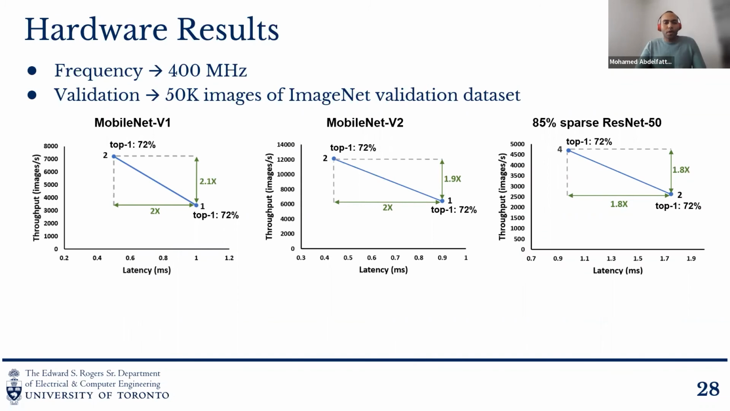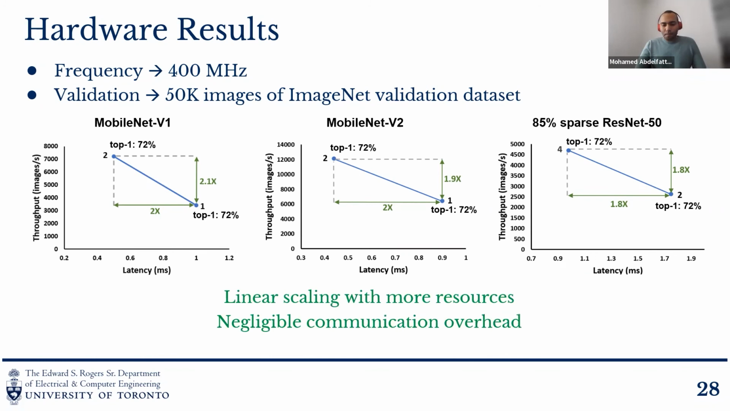So for MobileNet V1, we showed that we achieve double the performance when moving from single to double FPGAs without losing any accuracy. And the same for MobileNet V2. And for ResNet 50, we achieve 1.8x higher performance when moving from 2 FPGAs to 4 FPGAs. And with this, we can demonstrate that we can achieve linear scaling in performance when we add more resources, more FPGAs. And we achieve linear performance, and this shows that we have negligible communication overhead thanks to